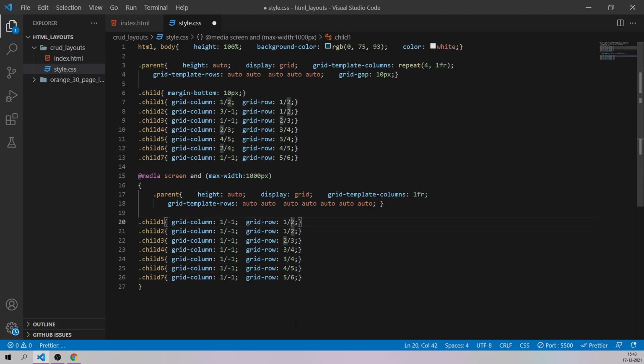So the first one should be from row 1 to 2, that will be the logo, and this one will be the navigation link for the social media, from 2 to 3. Child 3 I think is the whole navigation, so let me keep it as 3 to 4. Child 4 is the page name, the login page and all those things; let me keep that from 5 to 6.